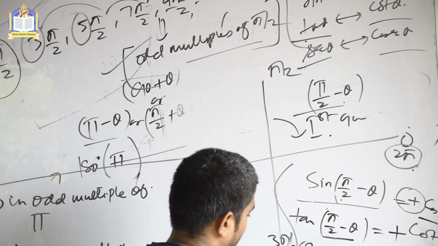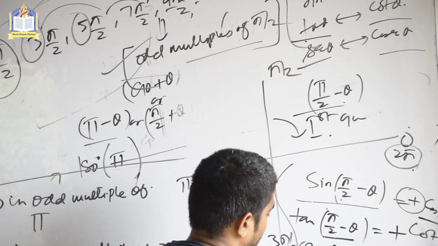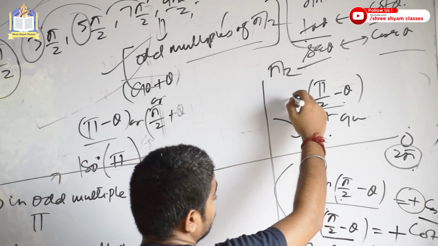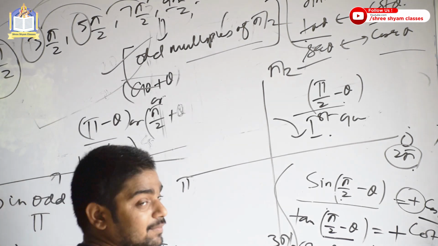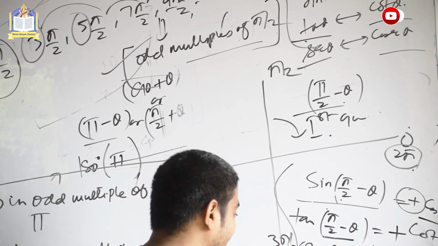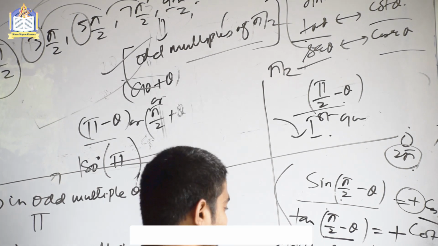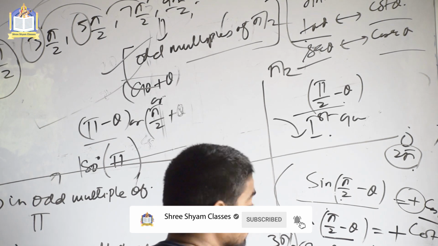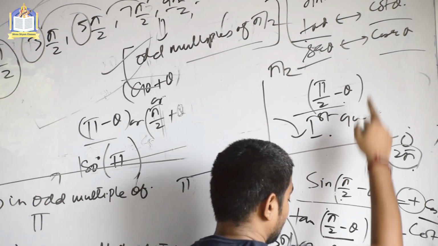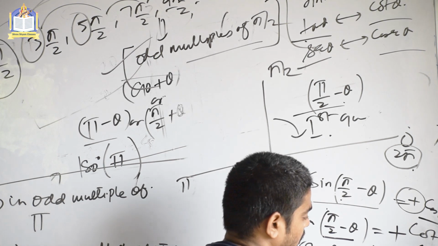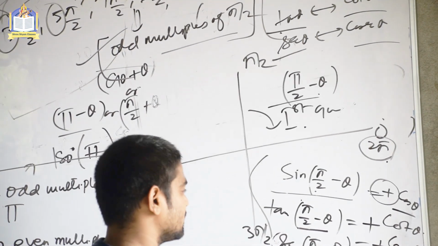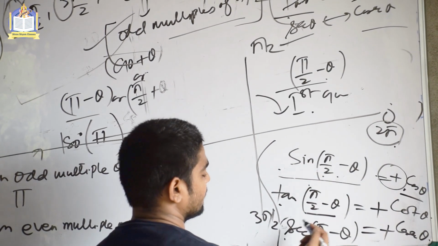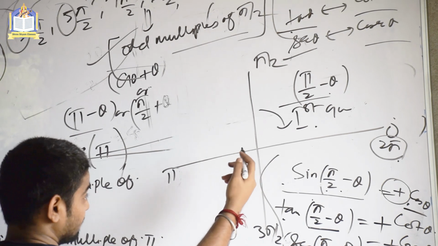Now talk about sec. So sec pi by 2 minus theta, again this angle is in the first quadrant, and in the first quadrant every trigonometric function is positive, so again this sec will be positive. But because of this odd multiple of pi by 2, this sec will get converted into cosec theta, right? So again sec 90 minus theta is cosec theta. Hope it's clear. This is nothing but class 9 and class 10 material. But now let's go here.